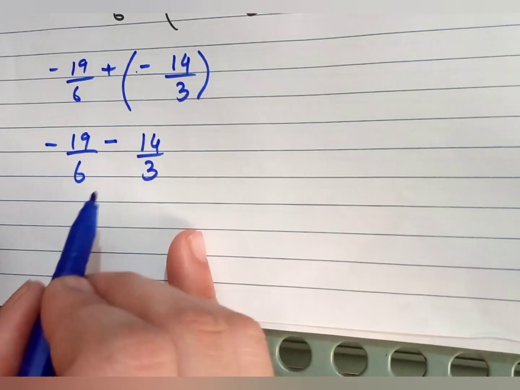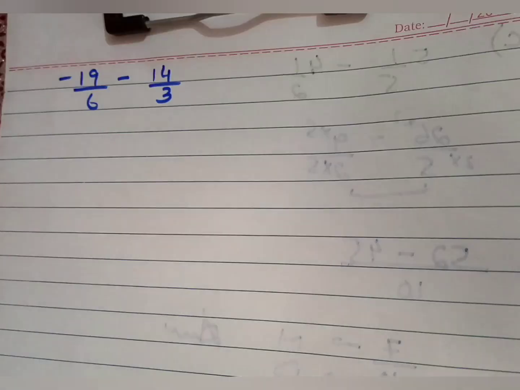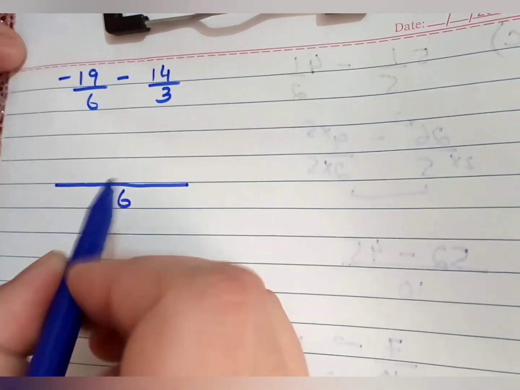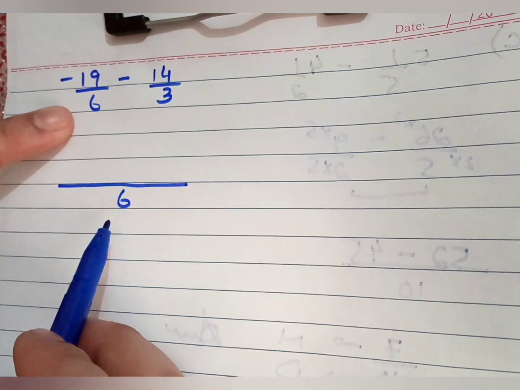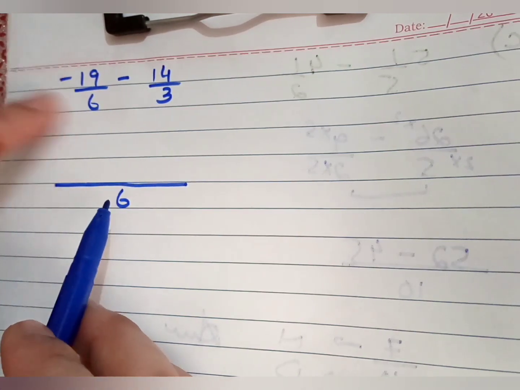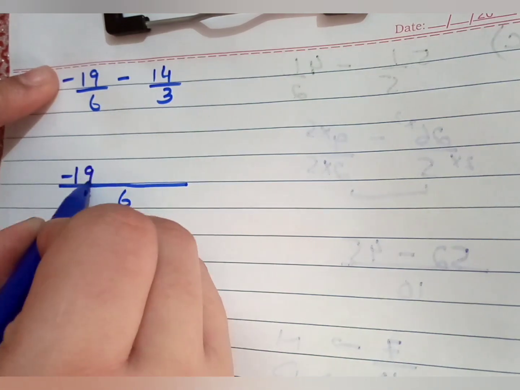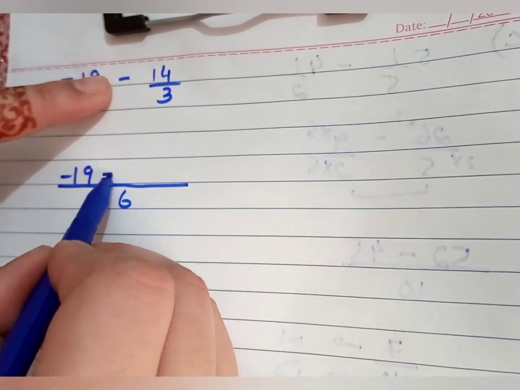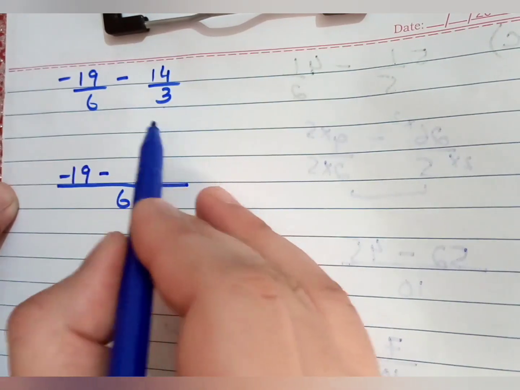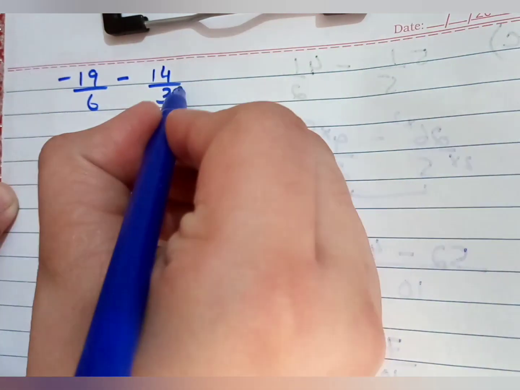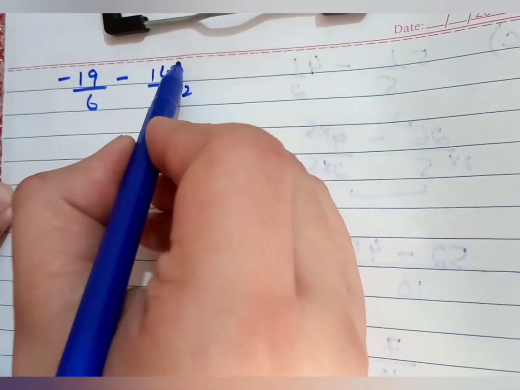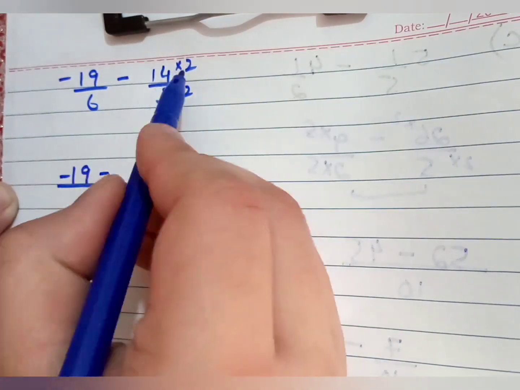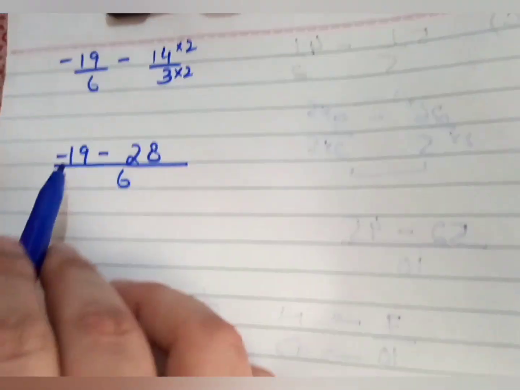Now take the LCM of these 3 and 6. The LCM of 6 and 3 is 6. You can see that we have the same denominator, which is equal to the LCM. So there is no need to multiply 19 with any number. Or if you want to multiply, definitely 6 1s are 6, so 1 19 is 19. Put this minus sign. Now when we multiply 3 with 2, our 3 will become 6. So multiply that 2 with the denominator as well as with the numerator. 14 times 2 is 28.